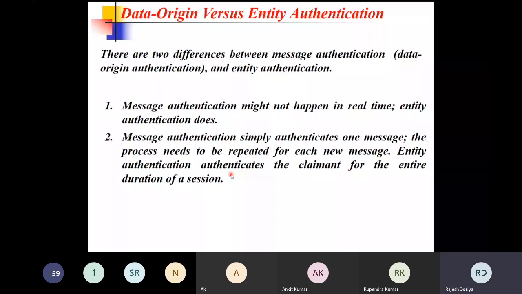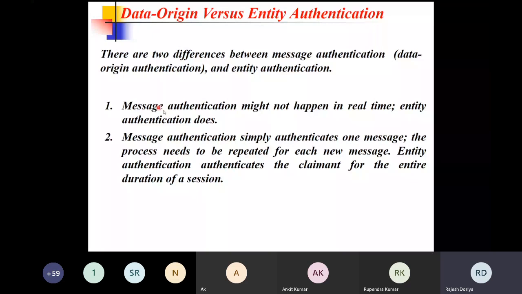For example, if we consider the working of emails, what happens in emails? The moment we send an email to somebody, it is possible that the person who is reading that email might not be present at that time. The person who has sent the email might not be online at that time. He would have sent it at some time, then whenever the receiver has time, he reads that message. So it is not necessary at all that both parties should be present at the same time in order to send and receive the message. So this is a classical example of message authentication.